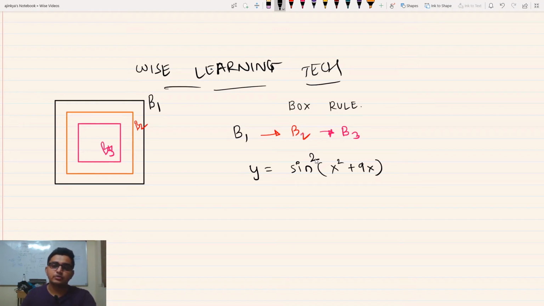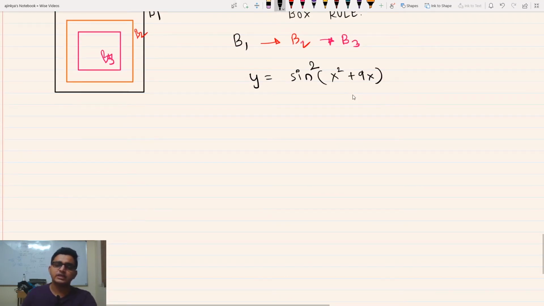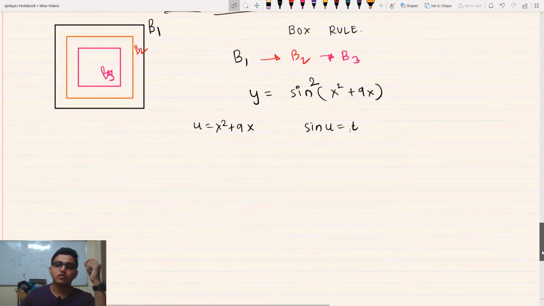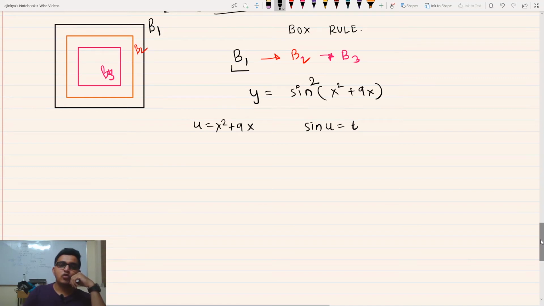When you go by substitution or the chain rule, it is going to be a little bit problematic to get all the terms. Like you have to put u equals x square plus 9x, and then again you have to put sine of u as t, and then you again have to substitute. Rather, what we are going to do here is very precious for you to understand all the differentiation of composite functions. So what does this box opening have to do with the chain rule? The chain rule, or rather the box opening rule, is the same, but I'm going to explain it in a different manner. So when you are going to differentiate any function,